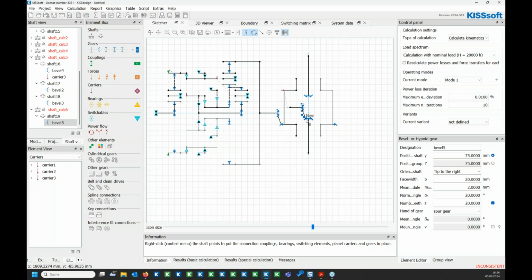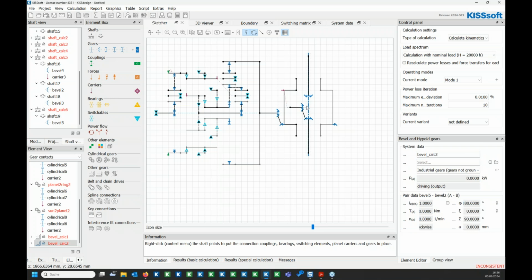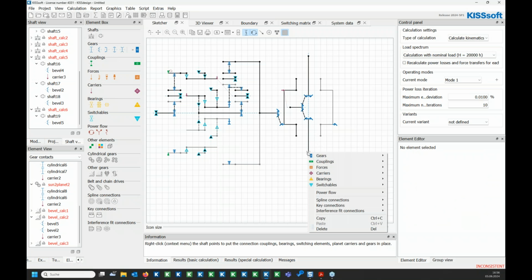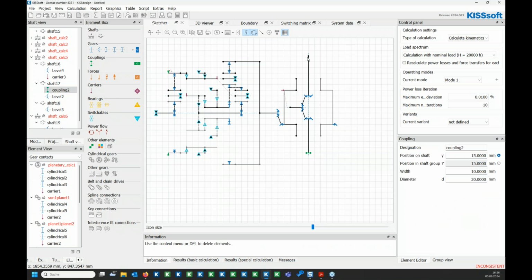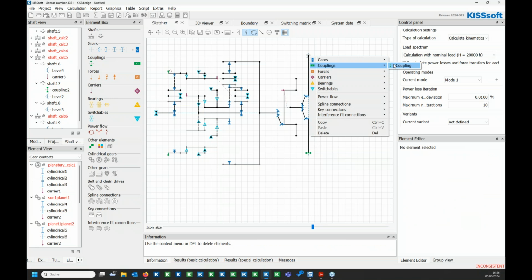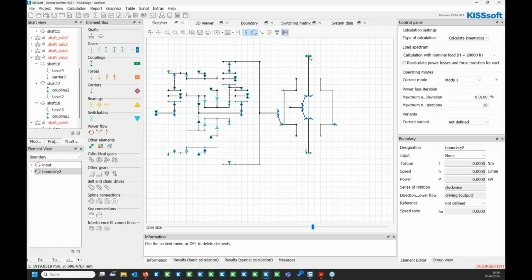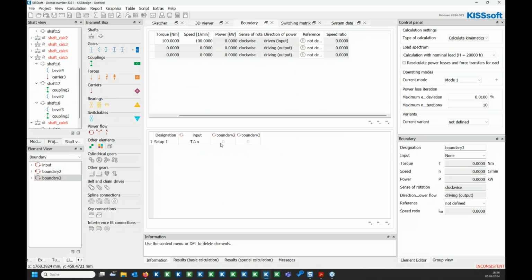So between the bevel planet side gear 1, bevel planet side gear 2, and we add the 2 couplings to the output shafts, and we use the boundary conditions as well. Now to define the boundary condition correctly, there are 2 ways. So this system needs one additional speed definition because of this differential, and this additional speed definition can be done